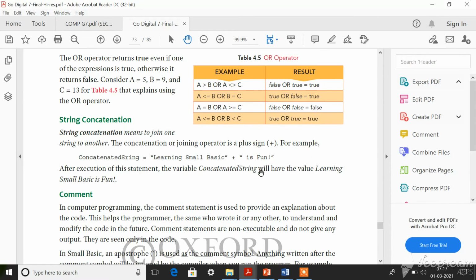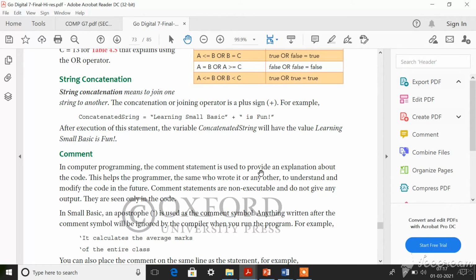So next thing is string concatenation. Okay, so so far we have learned how to combine numbers, isn't it? What are the operations we can make using numbers? We can add two numbers, we can subtract, we can divide, isn't it?